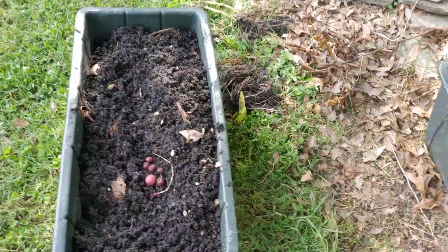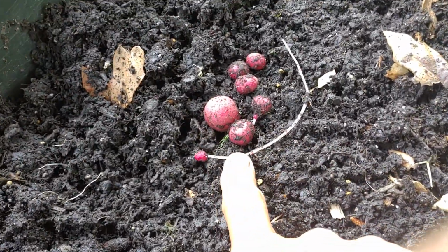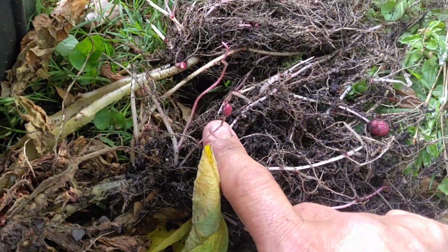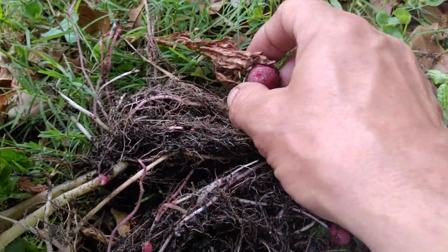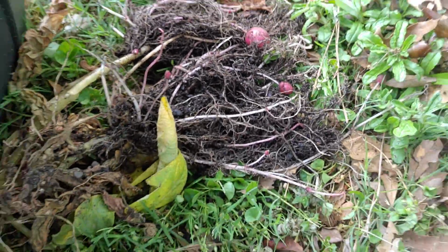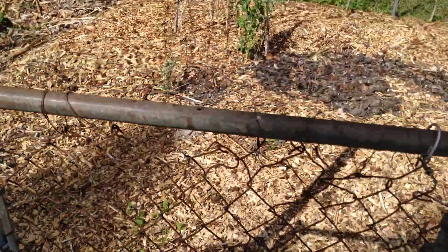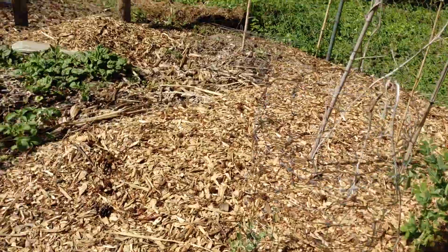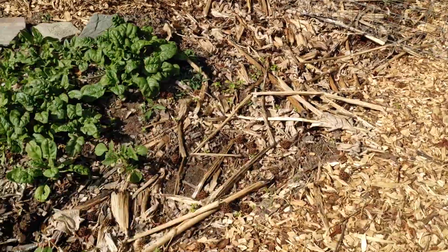I basically dumped this thing out, and I got a couple of these little tiny babies, and some of these roots have these little babies. I'm gonna go ahead and replant those, like that guy. And the reason I'm gonna do that is because in my actual garden, I noticed those little guys will survive and they'll come back year after year, because looky here, I used to plant potatoes right here in this area,